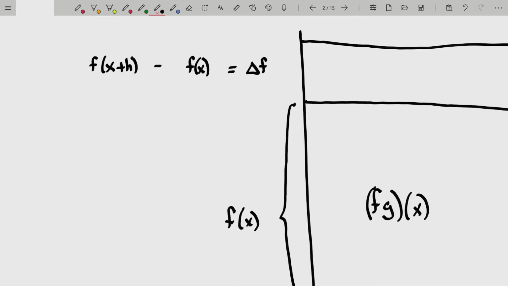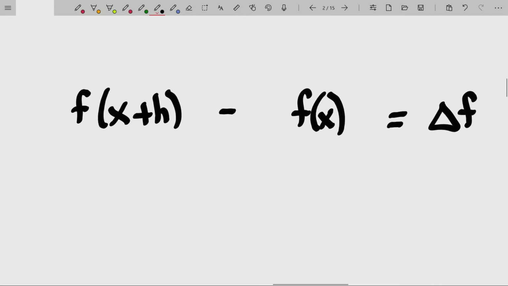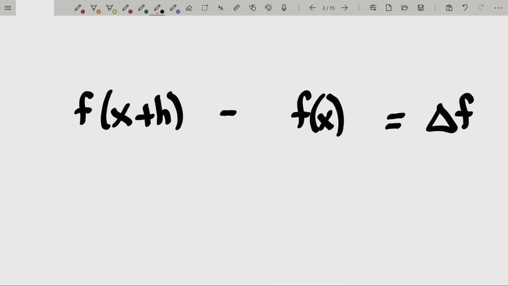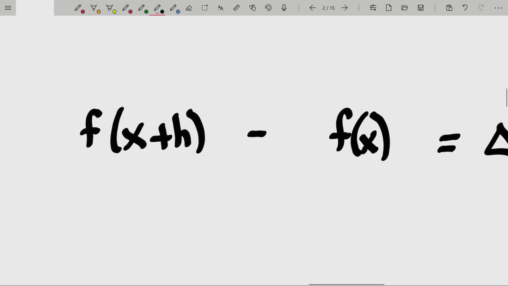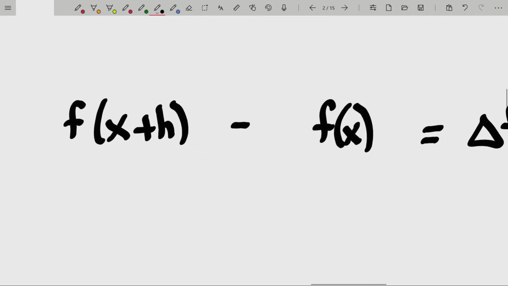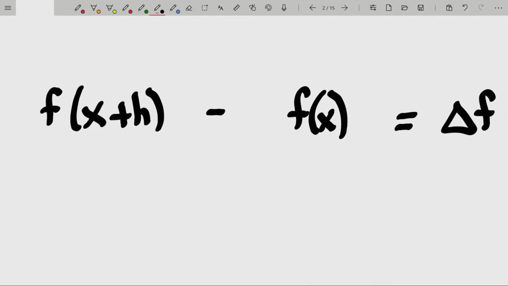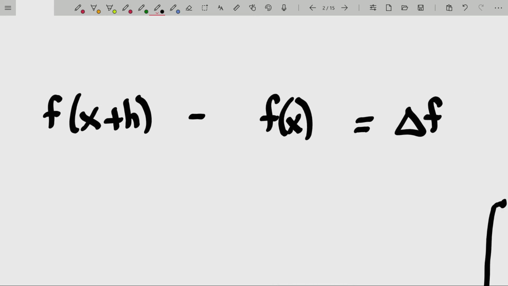Now, I do want to mention here that my notation is a little bit sloppy, mainly because normally when you're arguing like this, and you'll see this in a textbook, they don't use h, they'll use delta x there. The reason why they use a delta x is because technically h is used within the limit. H is tending to 0. But honestly, for our argument, I'm totally okay with just saying, let's look at f of x plus h